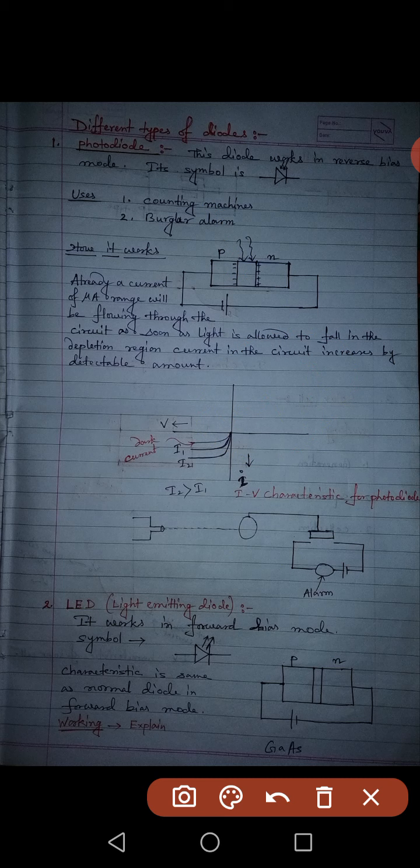Next one, IV characteristics. Characteristics means generally it is the graph. What type of graph? Current versus voltage. And since it is in reverse bias, the graph we will get in the negative quadrant. Okay, so the first line in the graph, that is this line,